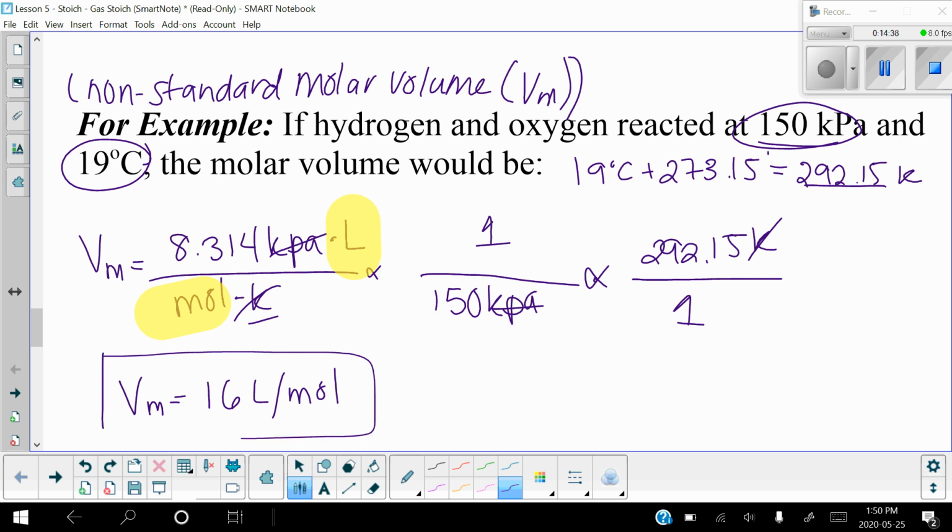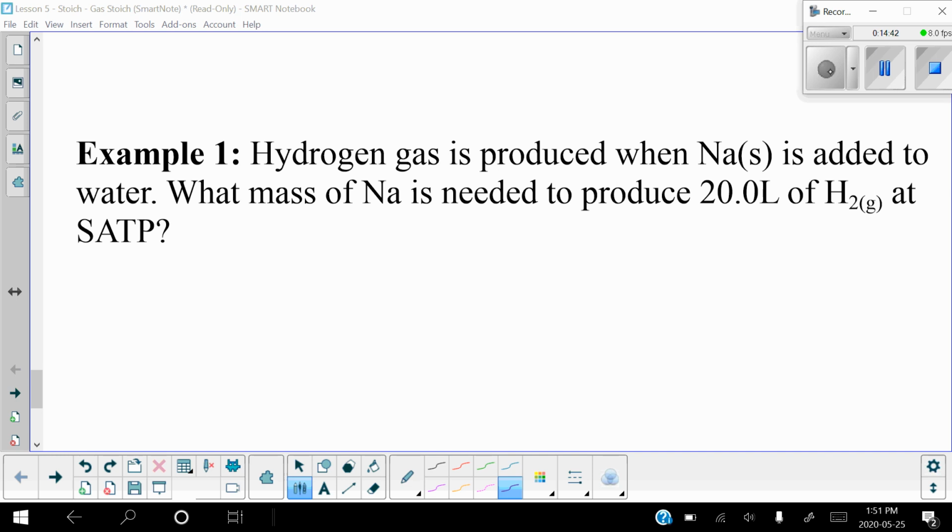And that's it. Pretty simple stuff. Okay, let's move on to an example. Hydrogen gas is produced when sodium is added to water. This is a pretty cool reaction. What mass of sodium is needed to produce 20 liters of hydrogen gas